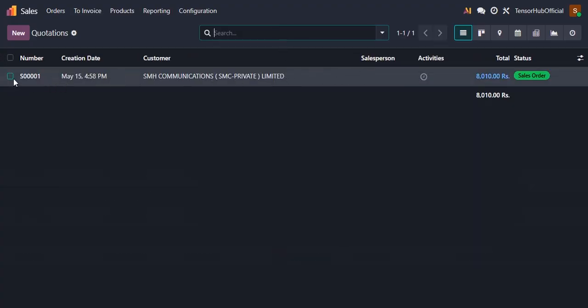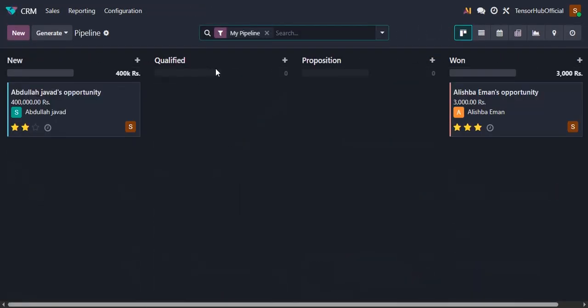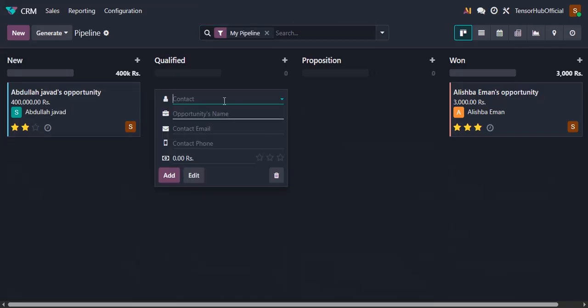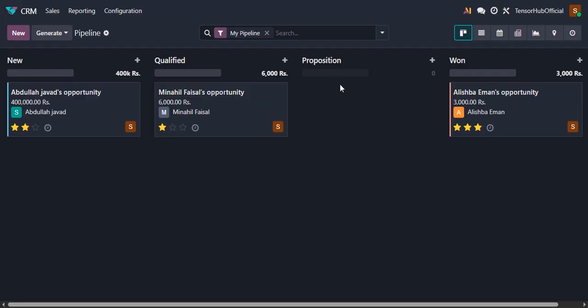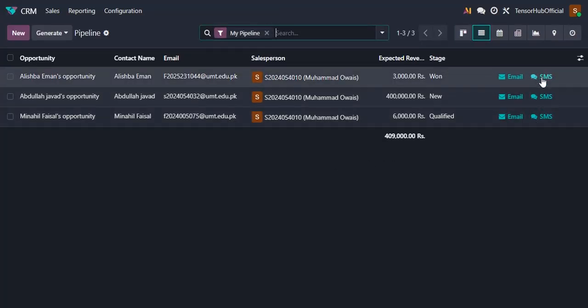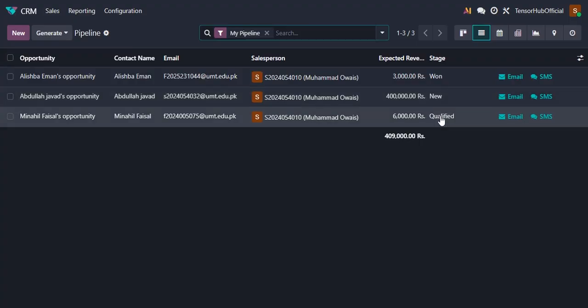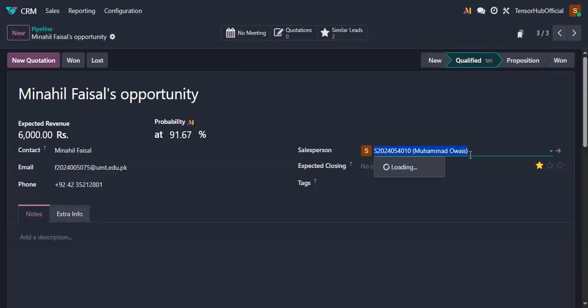And now the last part, which is CRM. Here we are going to manage the opportunities or leads, and we are going to give different names, IDs, and as well as the priority by giving the stars. More the priority, more chances that we are going to check on them. On the other hand, we are also going to make sure that we have created 3 leads or opportunities, and now we are going to randomly select one, and we are going to mark it as